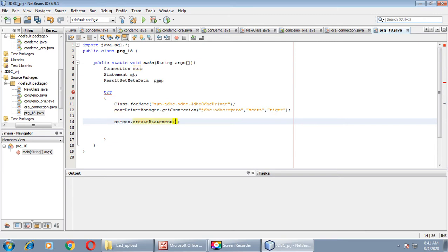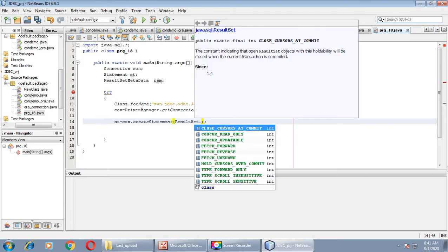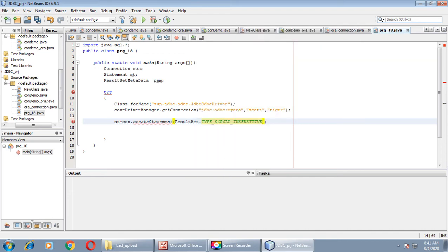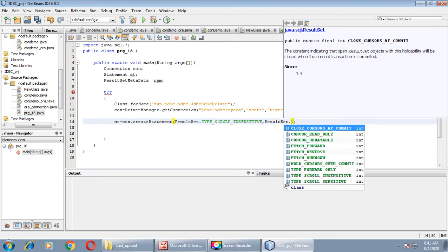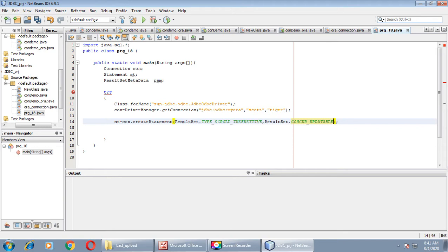Inside it we will take ResultSet.TYPE_SCROLL_INSENSITIVE, comma, the second argument is ResultSet.CONCUR_UPDATABLE. Okay, next.